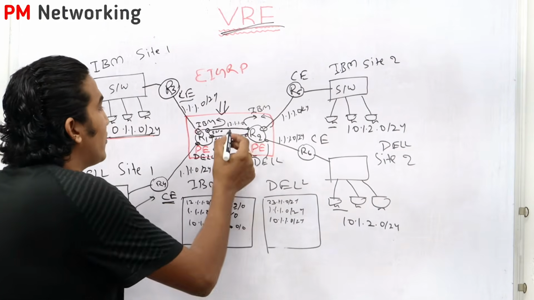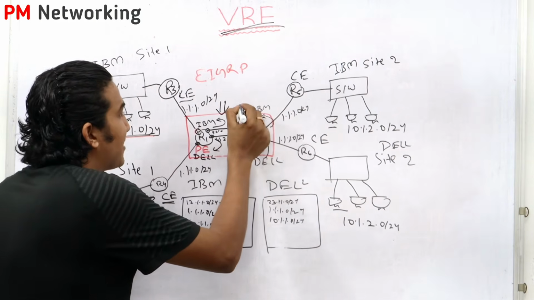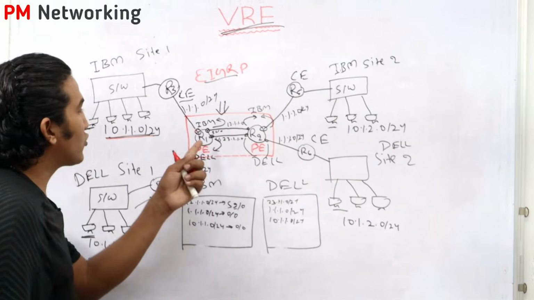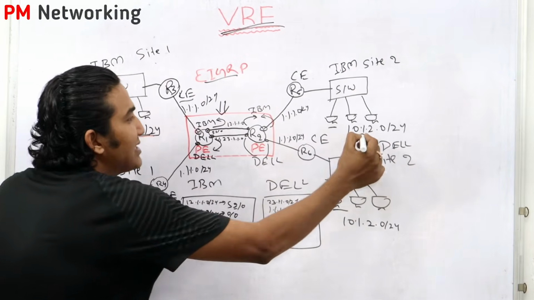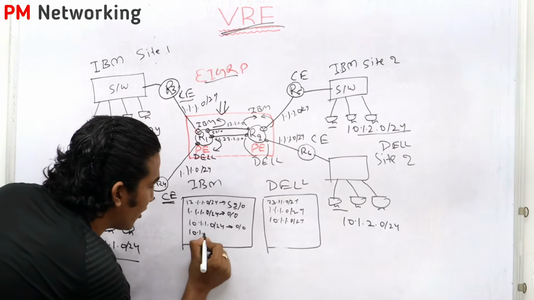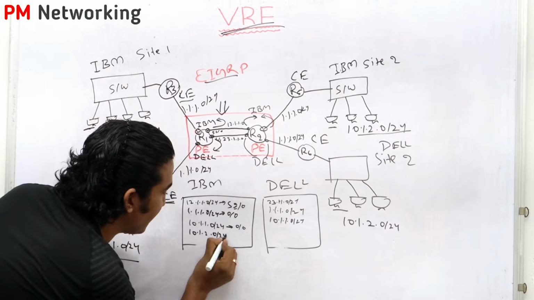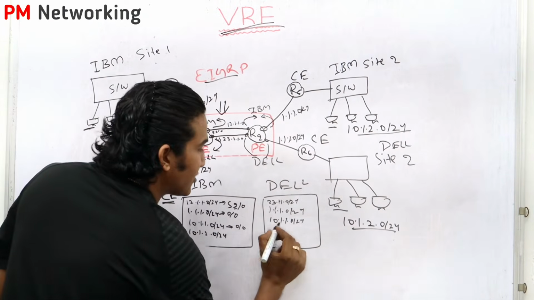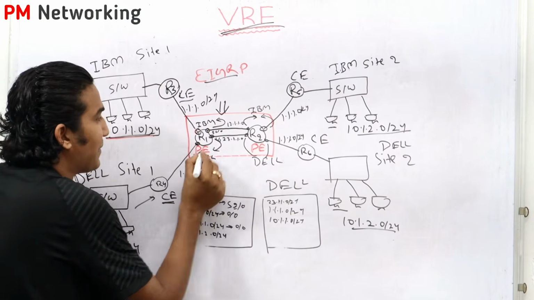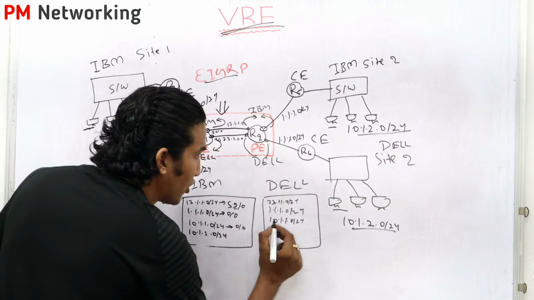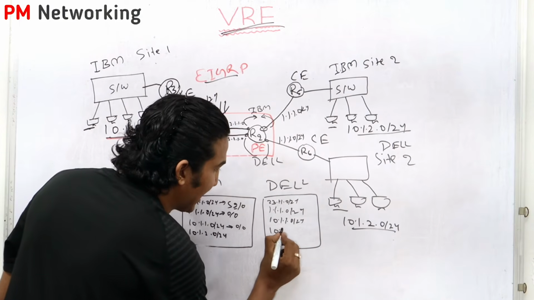After that, as you know, here we will configure BGP, and for now let's say we are using EIGRP only. So through EIGRP router 1 will learn this network as well, right? So there will be this network also, 10.1.2.0/24, and this router will also learn this network. So this network will be learned by router 1 on this interface, and this interface is a member of Dell VRF, so it will install this network in this routing table